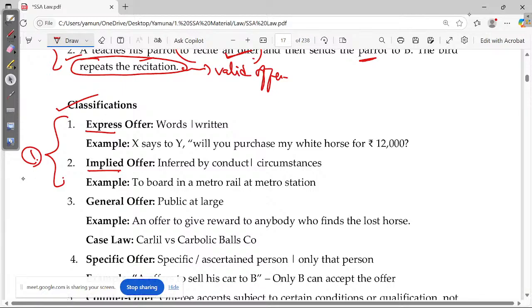You have to relate this with the classification of contracts. We were dealing with the first topic with respect to formation or creation of contract. You remember how the contract is formed? By express or by impliedness. If the offer is an express offer, then the contract will be an express contract. If the offer is an implied offer, then the contract is going to happen as an implied contract, that is, by circumstances or by the conduct of the parties. Express means words, written or oral. So this is the first classification. Let me finish off all the offers, then I'll go for the examples.